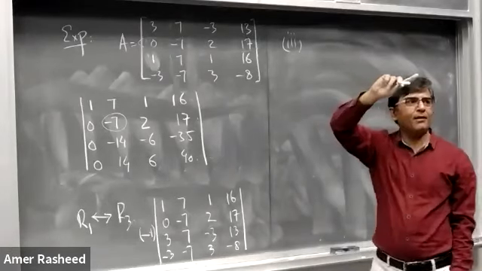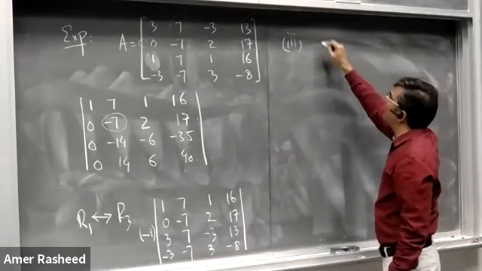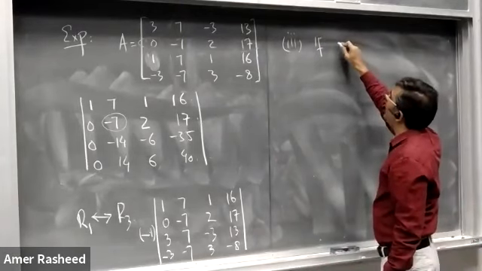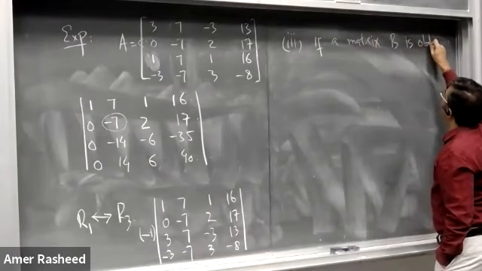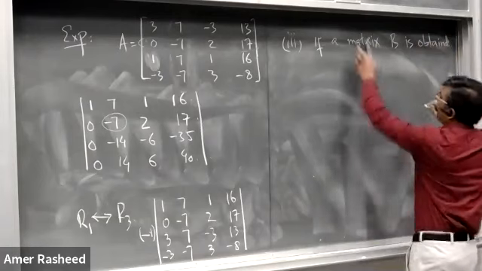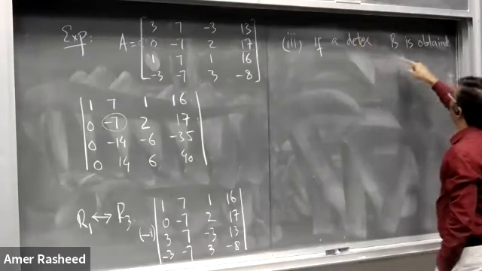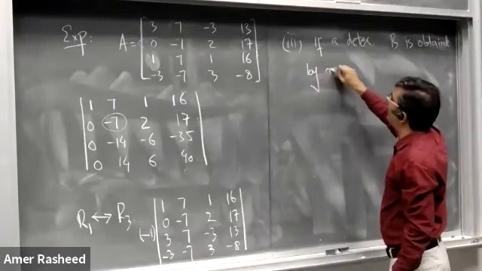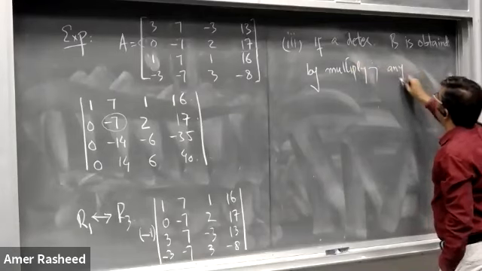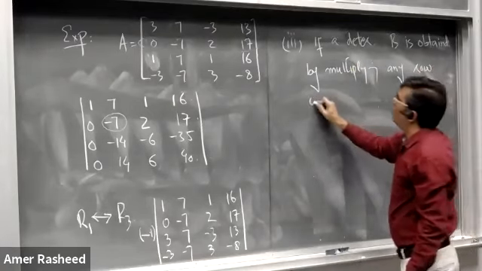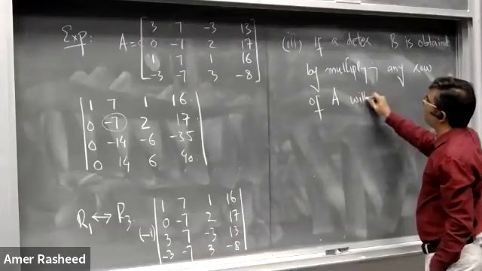If a determinant B is obtained by multiplying any row of A by a constant,